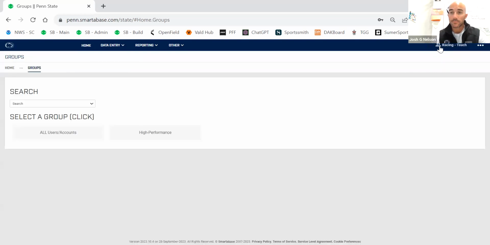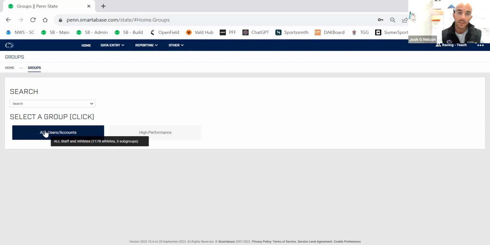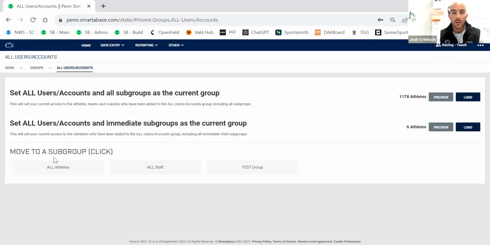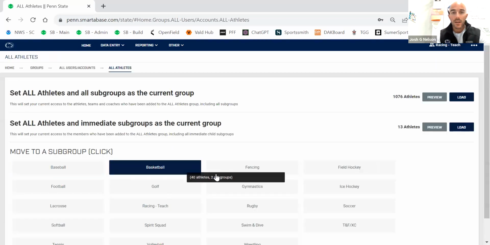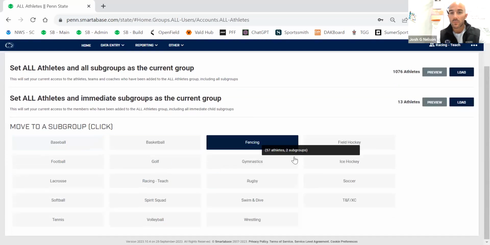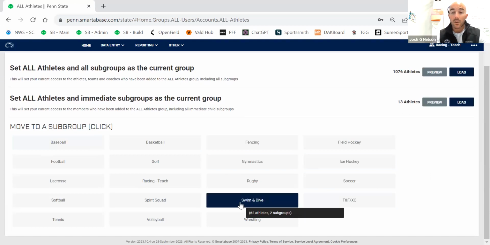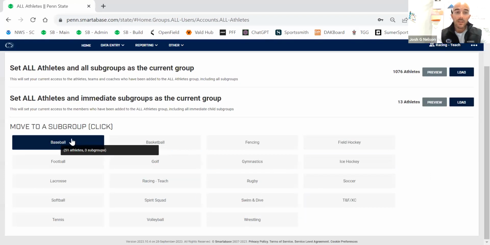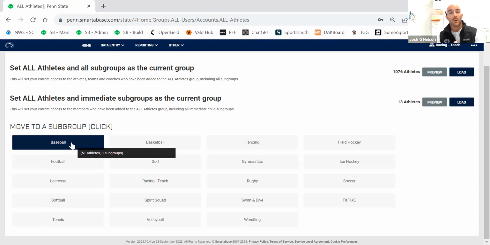Click on the sport. You're going to find essentially it's a hierarchy of all teams. So go to all users, all athletes, and then this is where all the teams will be located. Now, each one of these teams is a group, and then there's going to be some subgroups. So over time, we're going to have incoming athletes, we're going to have current athletes, and we're going to have